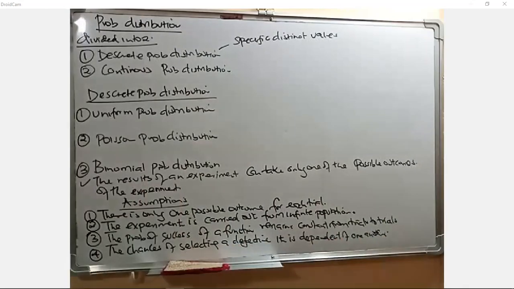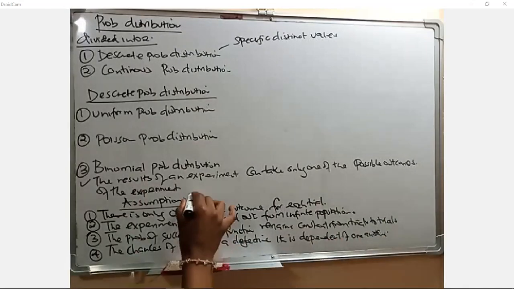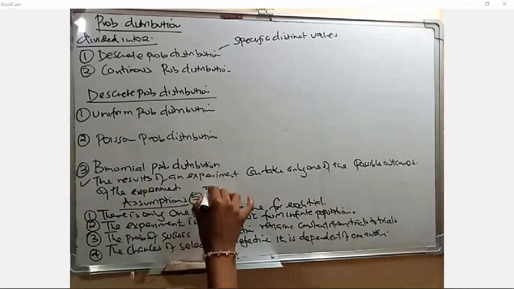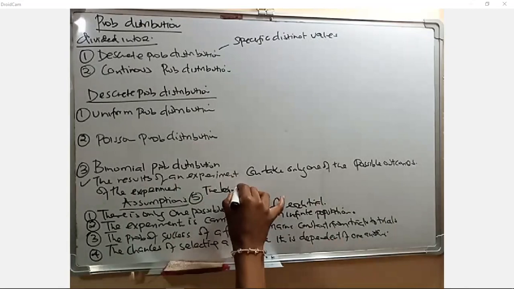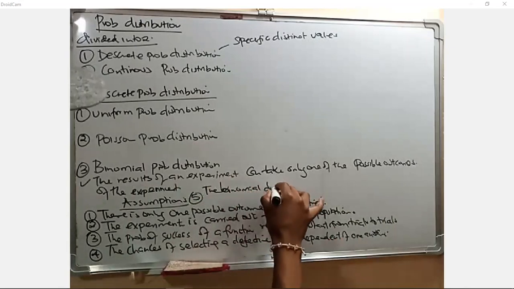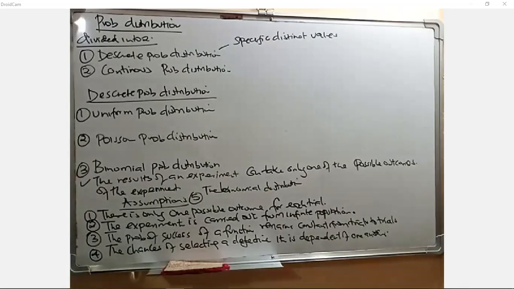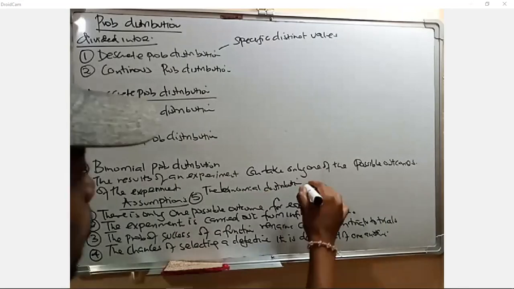Then number 5, which is very crucial, the binomial distribution that we are discussing of a random variable